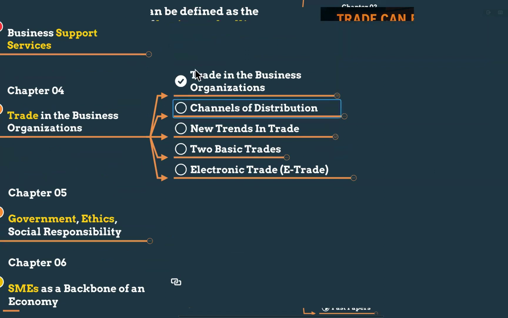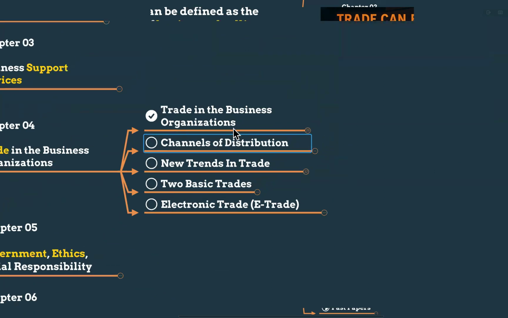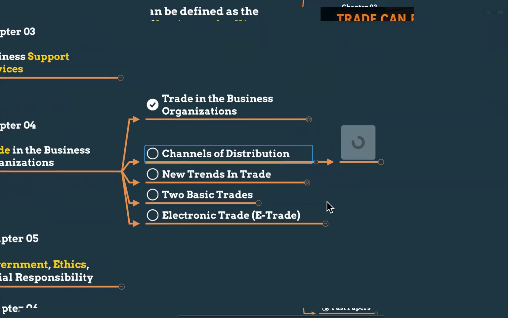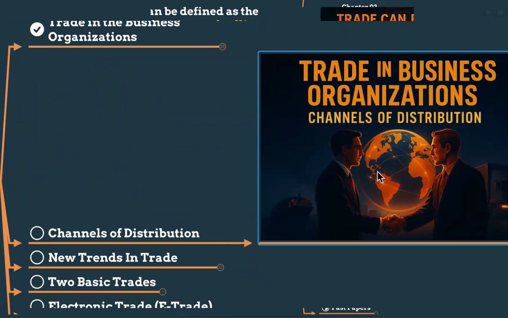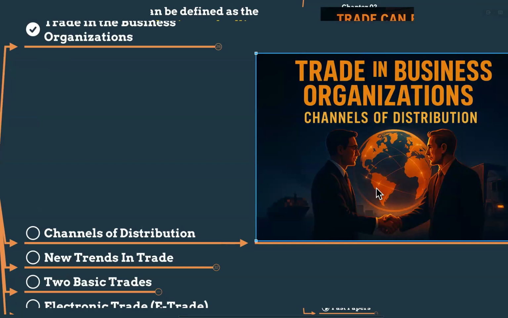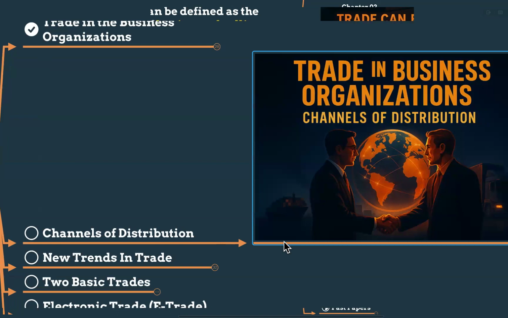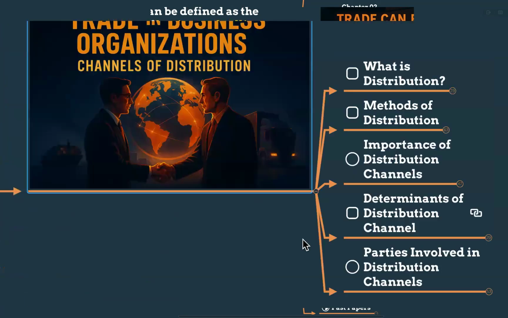Now we are moving to the other topic, that is channels of distribution, right? What are the channels of distribution? What this means is the different paths the products take from the person who makes it, from the factories, to the person who uses them, the end users, right? Like roads connecting the factories to the homes. Like that, the channels of distribution of products or services, right?